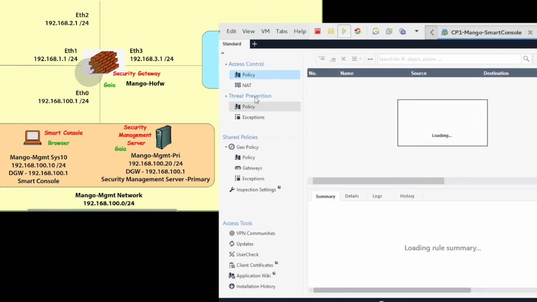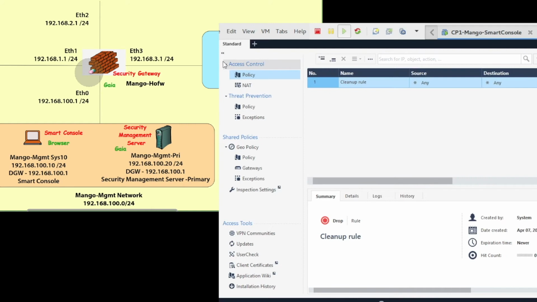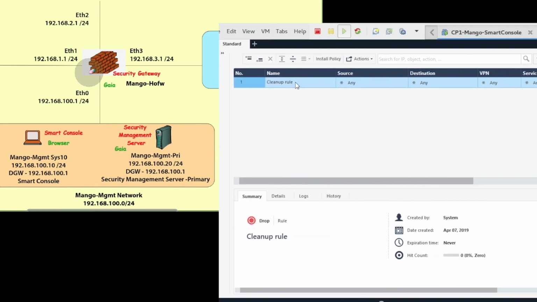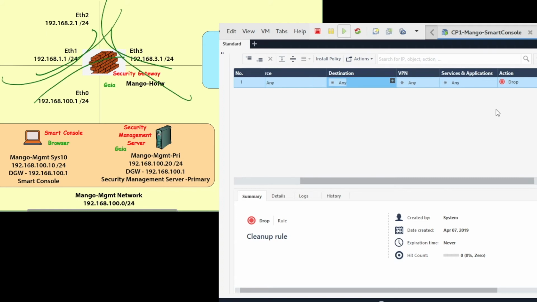Under security policies, I give one policy here from any source, any destination, any service, drop all the packets. Means from anywhere to anywhere, the packets going through the firewall, drop all the packets. This rule I would like to give to the firewall.